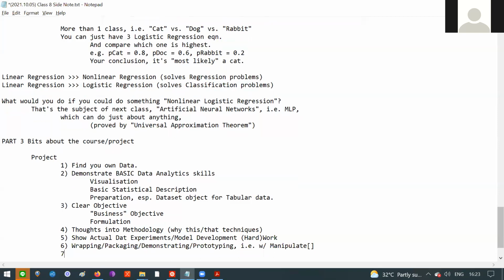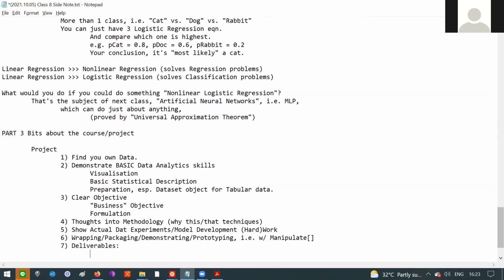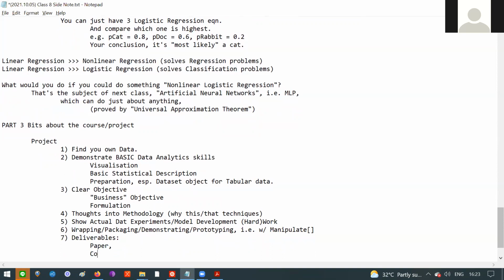And also because you are a Basai student, the deliverable would be, okay, paper, code,